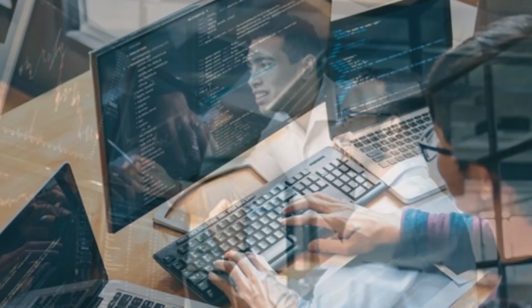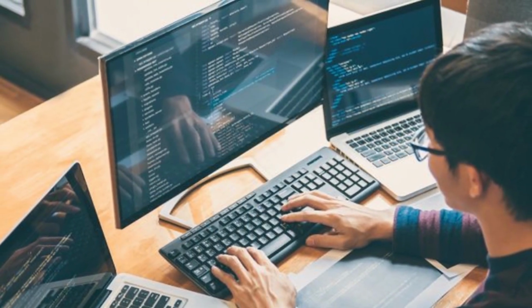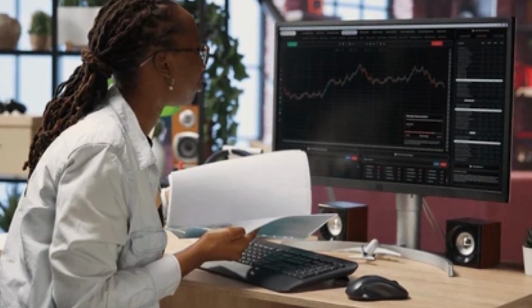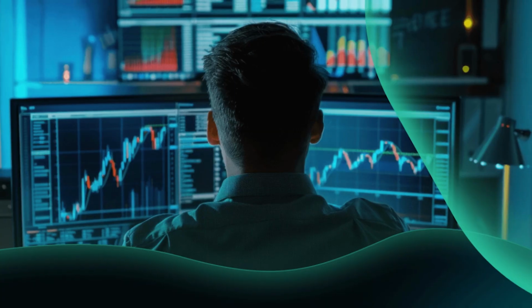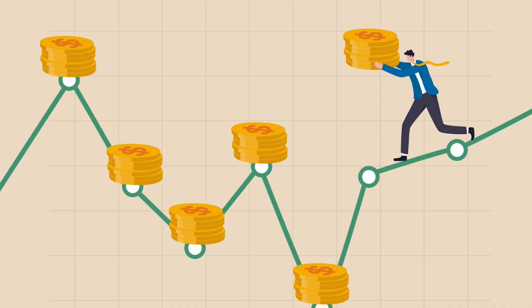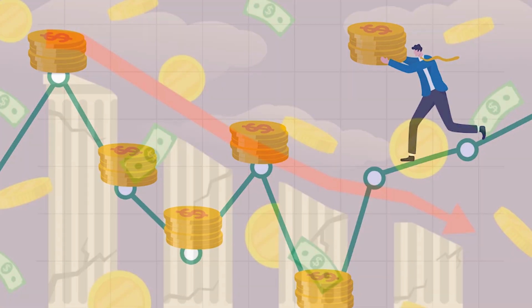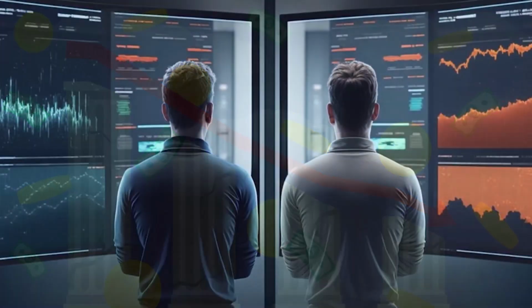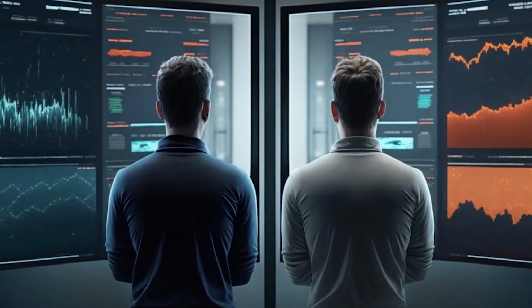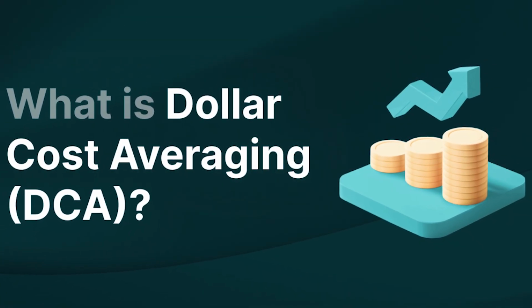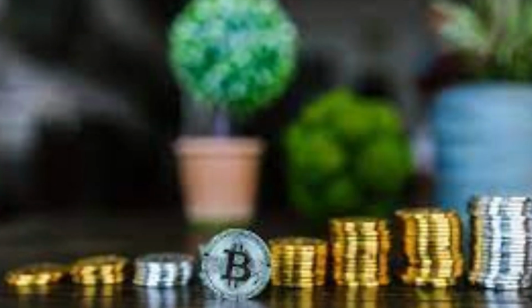Step 1 is to choose your asset or assets. This is important because dollar cost averaging works best for long-term investments in assets you truly believe in. For most people, this means focusing on large, well-established cryptocurrencies with strong fundamentals, such as Bitcoin and Ethereum. These coins have the longest track records, the largest market caps, and the most widespread adoption. You can include other large-cap projects if you've done your research and believe in their long-term potential, but avoid spreading yourself too thin across too many coins. 1 to 3 strong picks is usually enough.